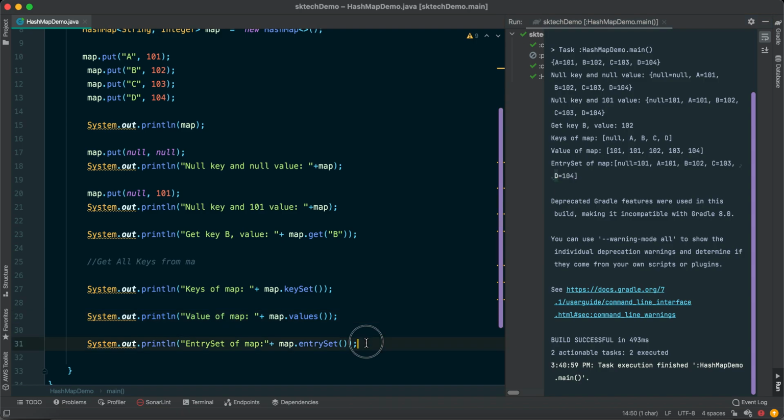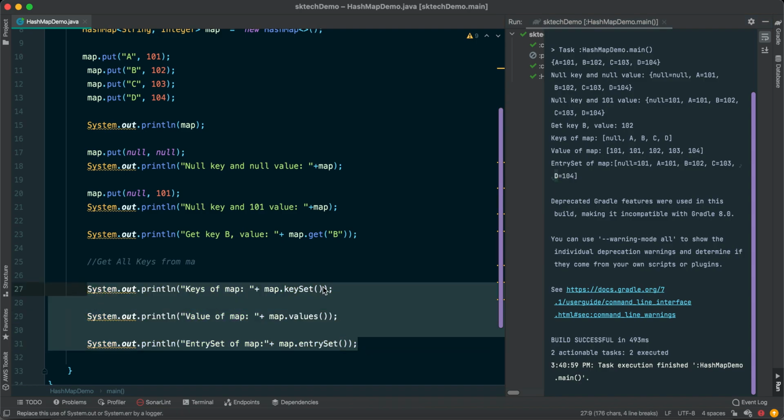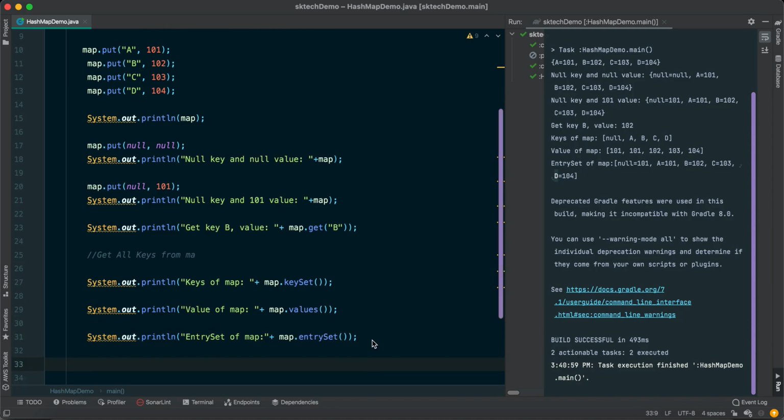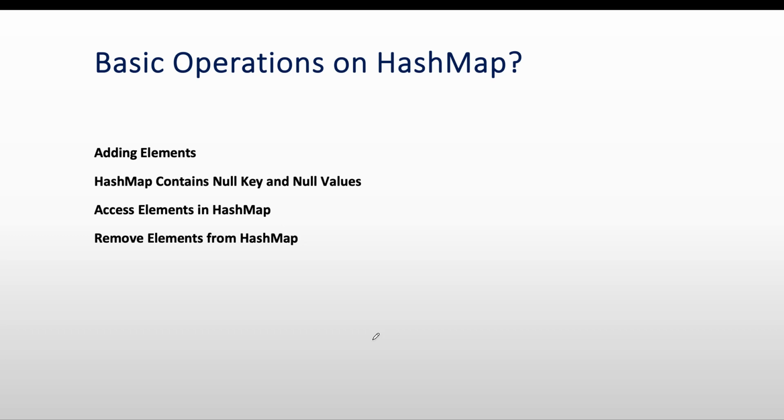So these are three important methods available inside the map, and according to that we can get all the keys, all the values, and all the entry sets. This is very useful if you want to iterate the map and perform some operation. Say you have the requirement to get only the key, so this method we can use. You want to get only the value, or you want to get the entry set, so according to that we can use it. Okay, now let's see how we can remove an element from a HashMap.